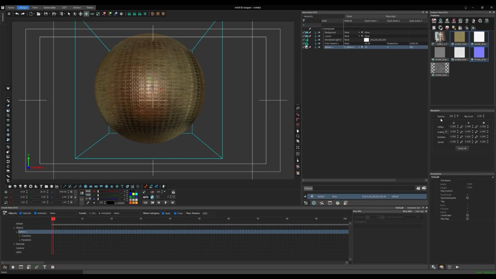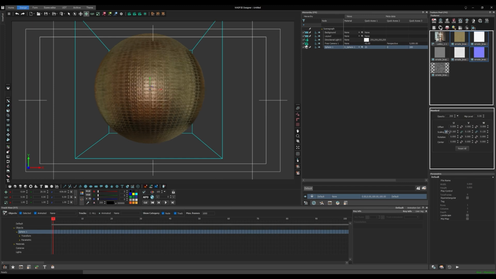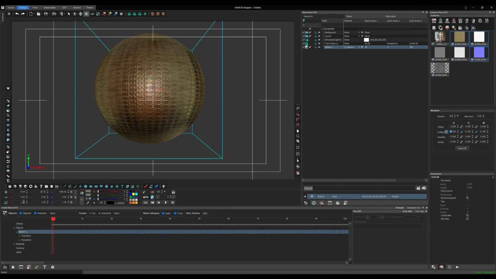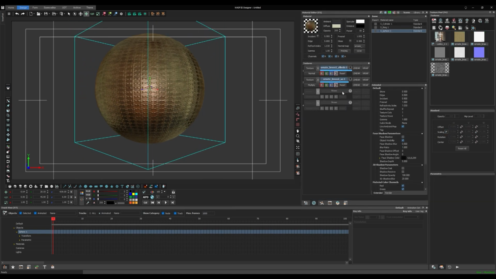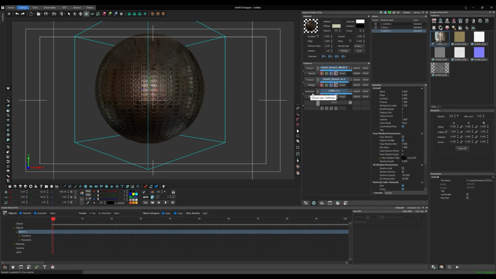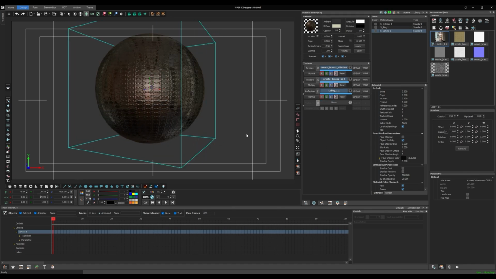Now, let's increase the tiling of these textures. As I scale the three textures proportionately, you'll notice how the reflections bend according to the normal map. I'll add the same reflection material to the sphere, so we get both local reflections from the object and environment reflections from the scene. By pressing L, we get the local reflection for this particular object. So, we can toggle between local reflections and environment reflections, and you can clearly see the difference in how they